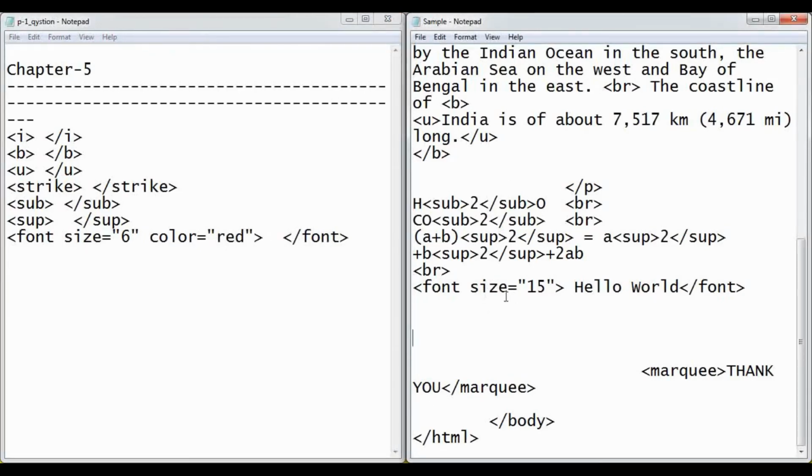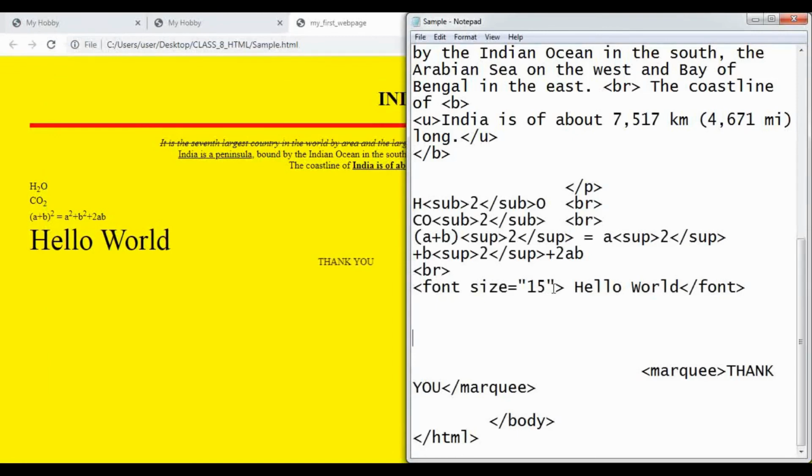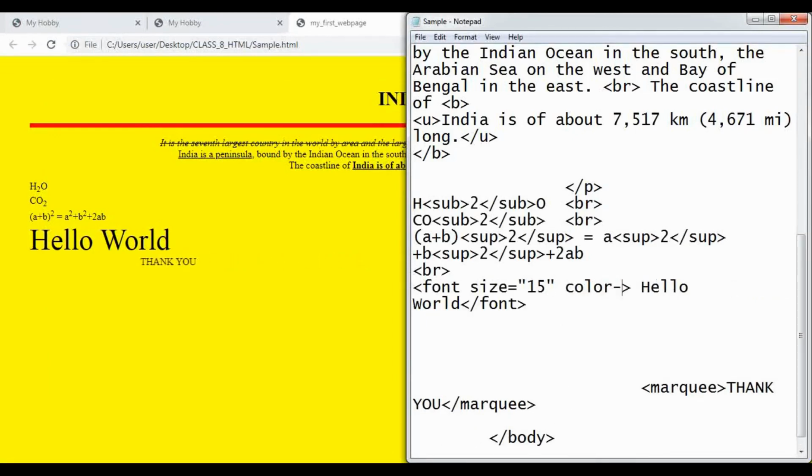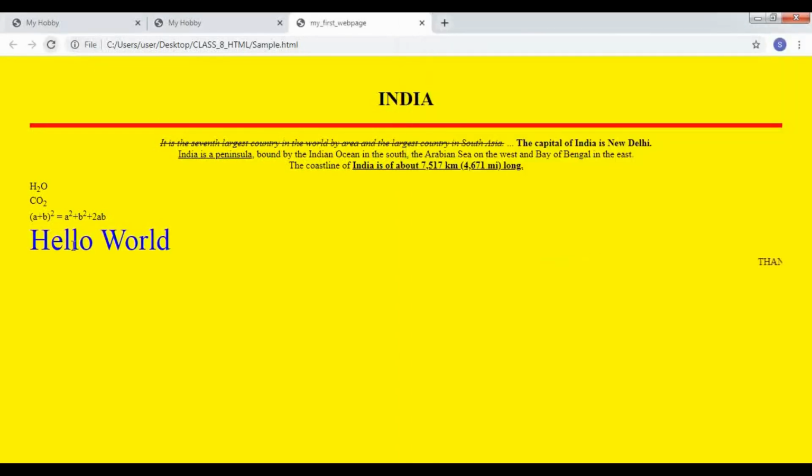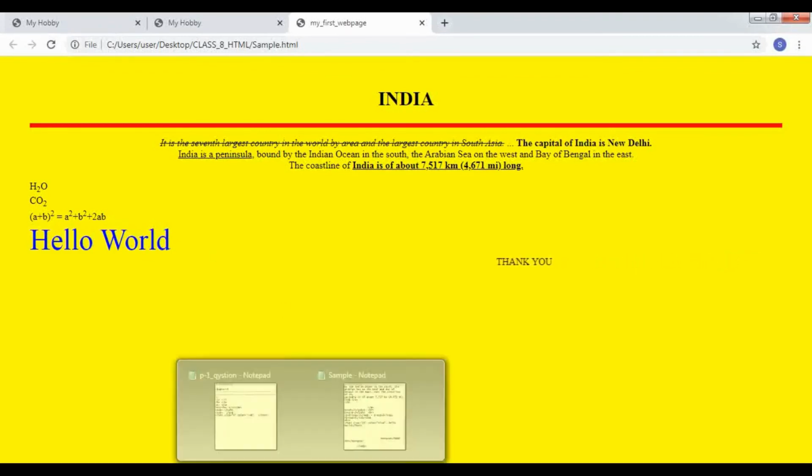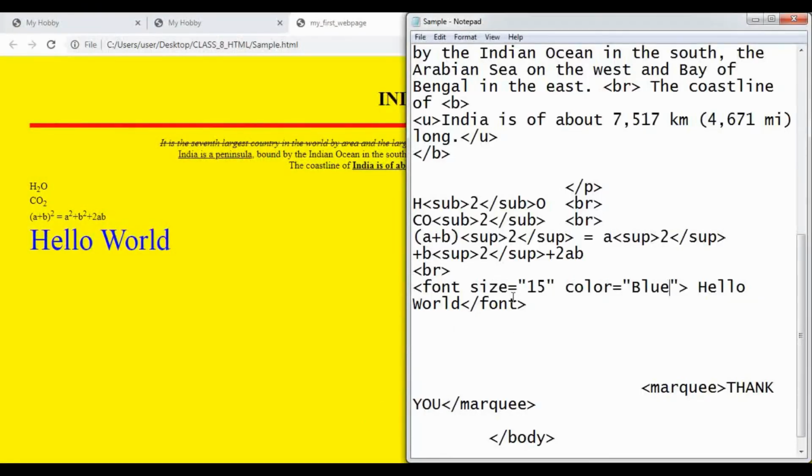So now in my program here, font size is equal to 15, color is equal to, let me give blue this time. So save, refresh. Now here if you see, my text changed to blue color. Like that you can apply different colors to your text using the attribute color.